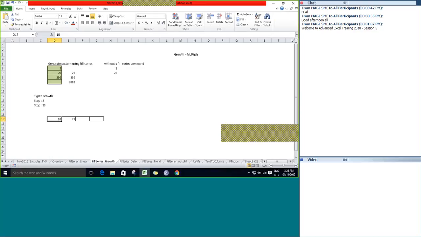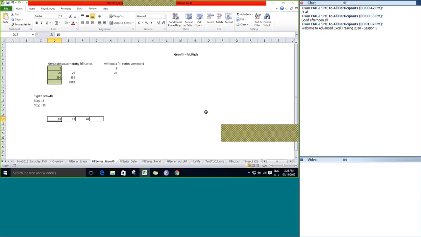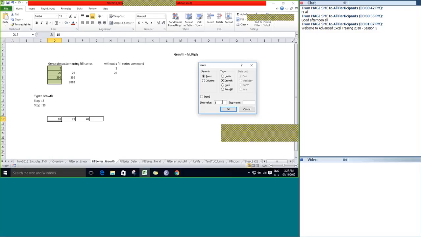So if you want to make a change, you can go to fill, go to series, and here you can provide the new step value and new stop value. Click OK. It will override the already existing values. Step value as 2 and stop value as 100.